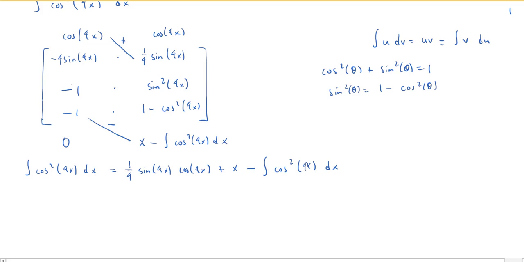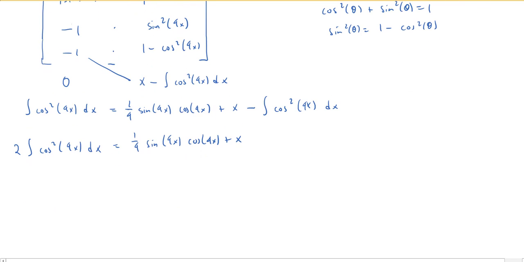Okay, so I've rewritten my original antiderivative in terms of another function that has another copy of this antiderivative. Well, let me add it to both sides. So now I get 2 times the antiderivative is going to equal a 4th sine of 4x cosine of 4x plus x. And if I want just this antiderivative, all I have to do is divide by 2 at this point. So this tells me that the antiderivative I'm looking for is equal to 1/8 sine of 4x cosine of 4x